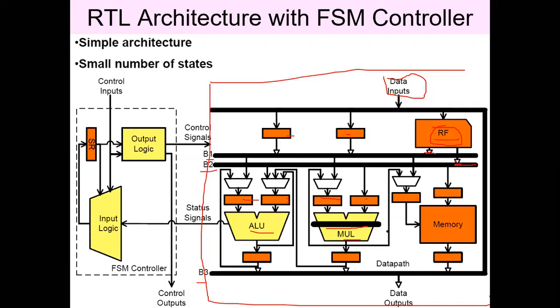So after 2 clock cycles only, you will get the corresponding output, but it can also process operations simultaneously. When the first process is in the second stage, it can take up another process in the first stage. This is a pipelined multiplier, and all these functional units will be connected together. Here we have some registers. These are the output registers for this ALU, and these are the input registers to the ALU. Similarly, for the multiplier, 2 input registers and 1 output register are there.